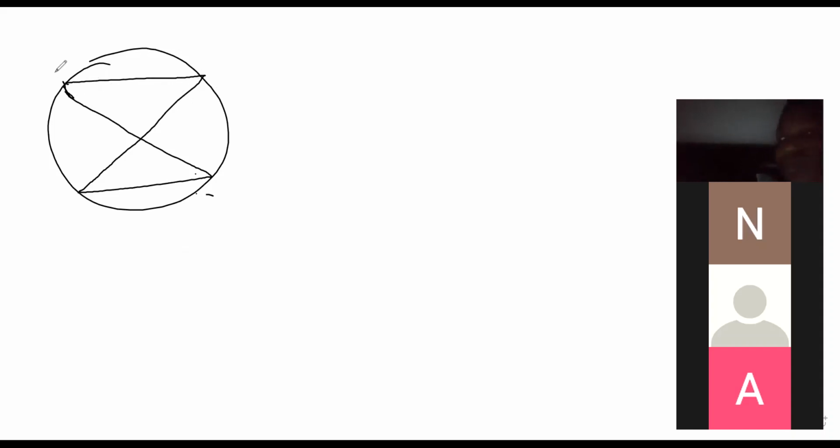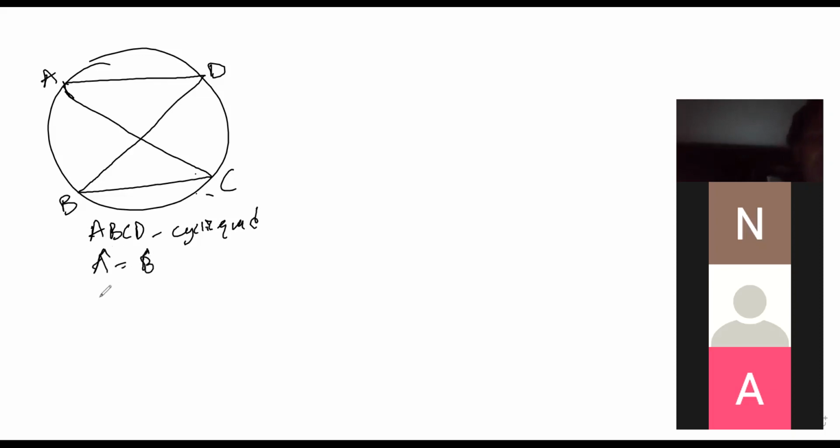So here you've got A, D, B, C, and they say ABCD is a cyclic quad. You are given that ABCD is a cyclic quad, and therefore angle A will be equal to angle B, angle C will be equal to angle D. Let's read the